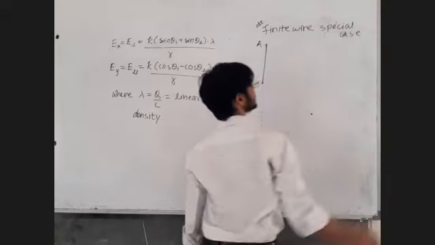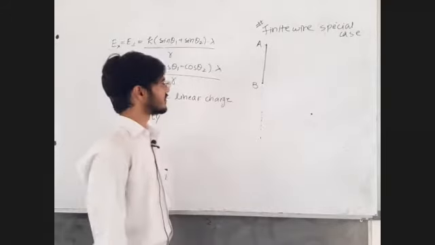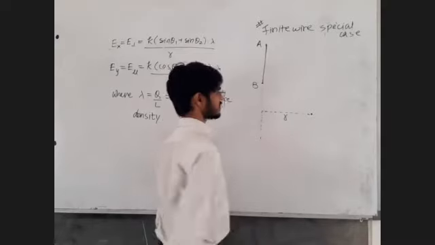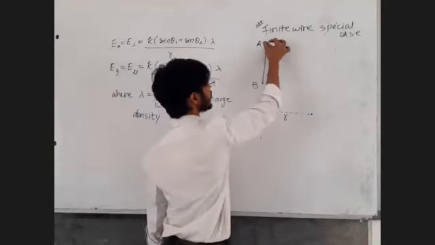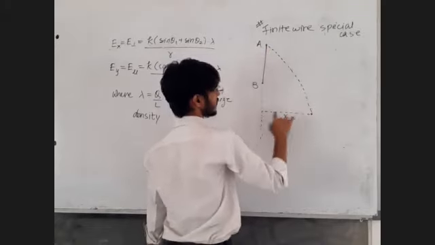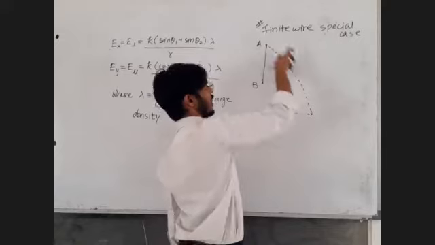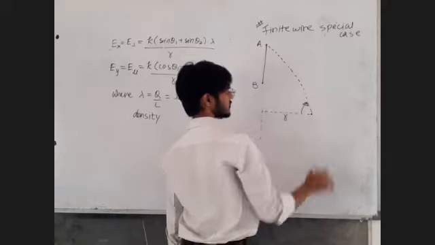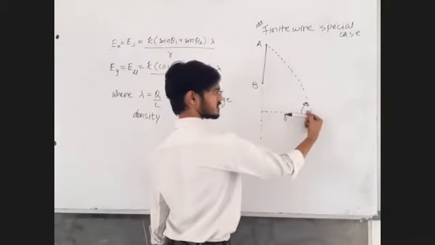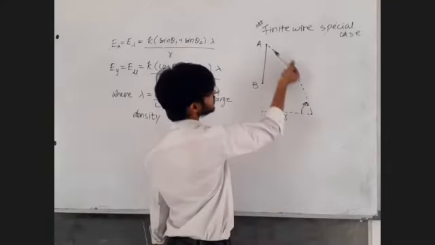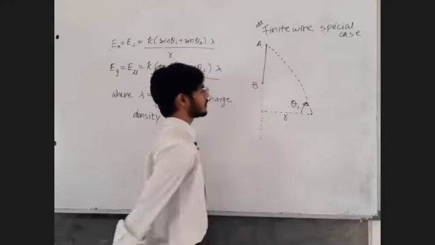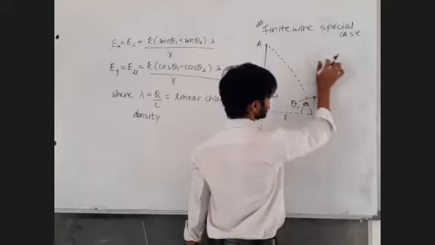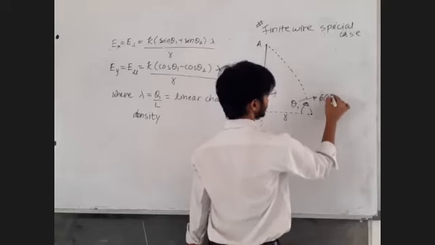Let's see how many of us give the correct answer. Now we can find the perpendicular distance. It is R. Now the angle for the upper end: the angle between the perpendicular line and the line joining the upper end and the given point. It is to be started at this and measured like this. So it is theta 1. Let's say this value is given to us as 60 degrees.